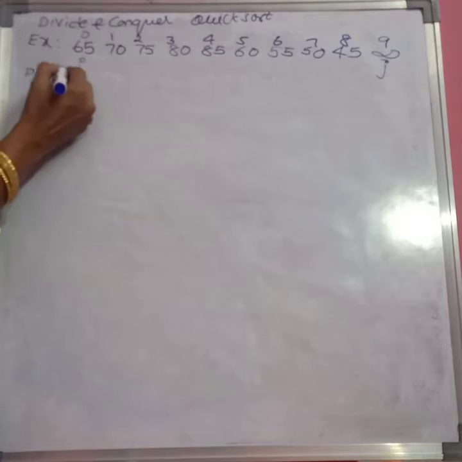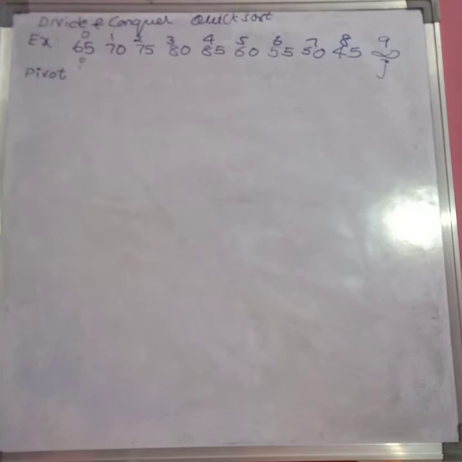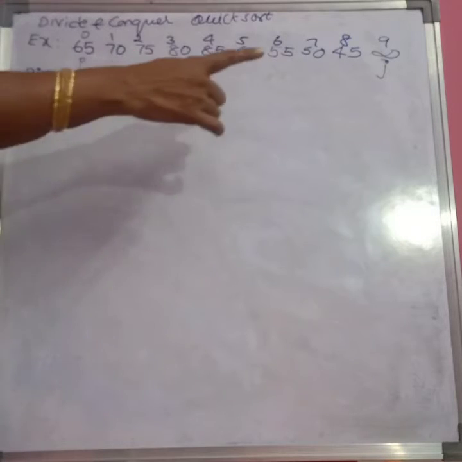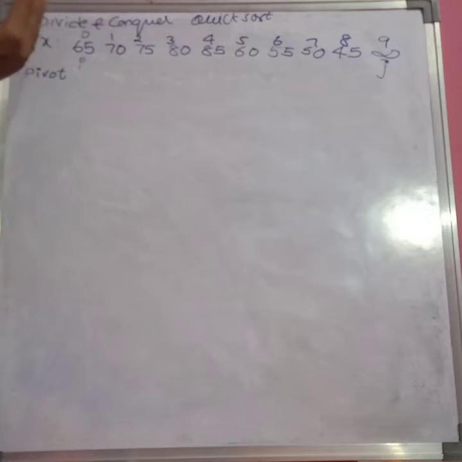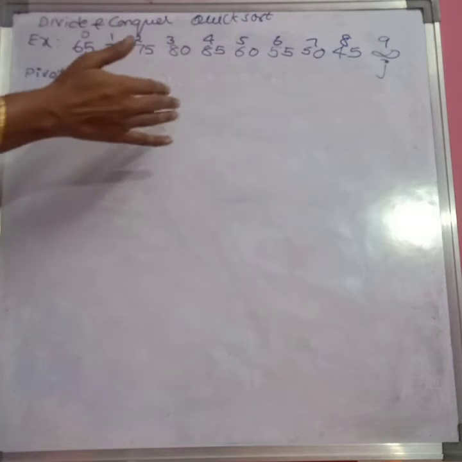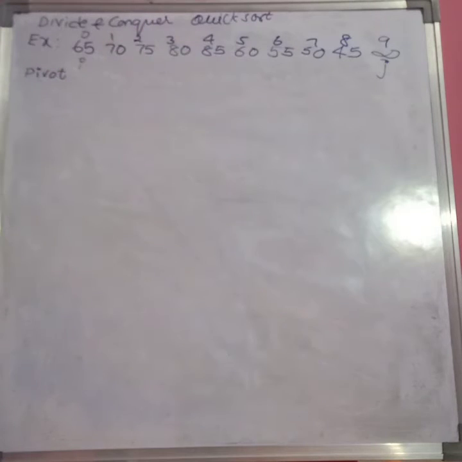What is a pivot element? It means we can randomly choose any element as the pivot element. First we are sorting that particular pivot element, that means we are moving the pivot element to its position in the sorted array. By that we are dividing the original problem into two or more subproblems. Usually, the first time, by moving the pivot element to its exact position, we can divide the original problem into two subproblems.